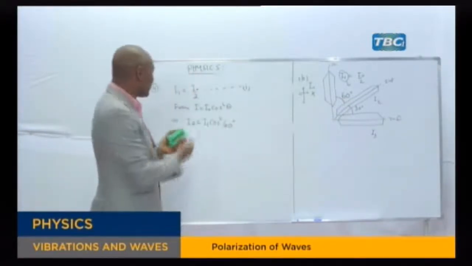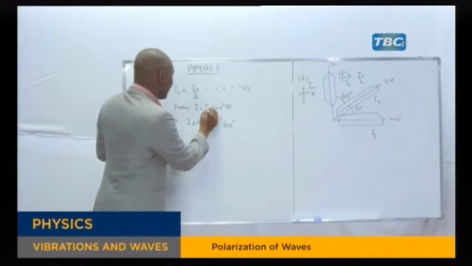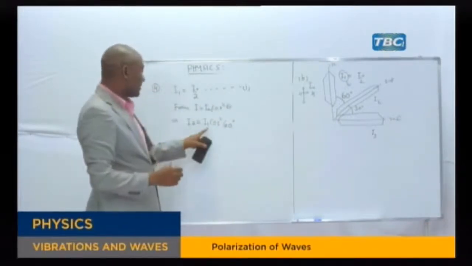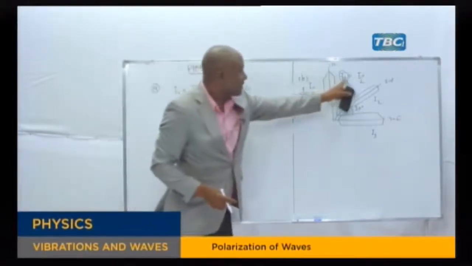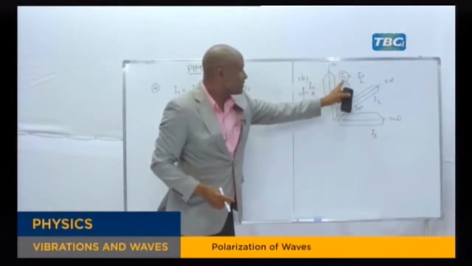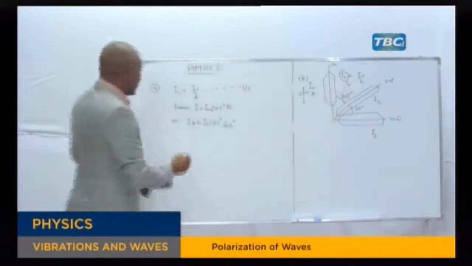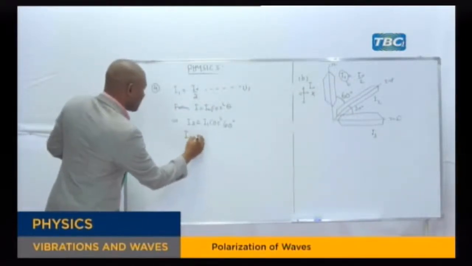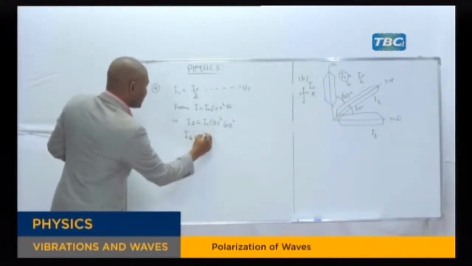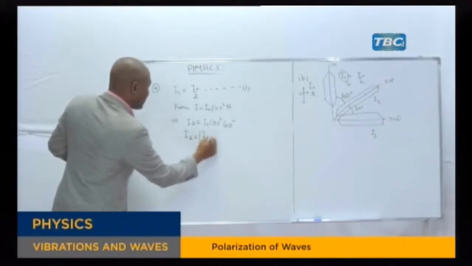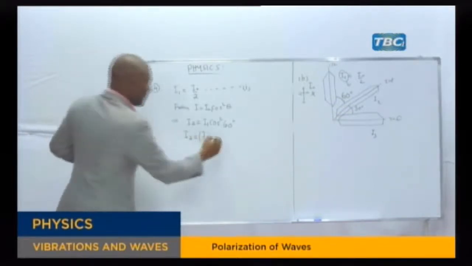Sometimes you can call it the maximum. Here, the maximum refers to the light intensity produced before coming here, so it is I1. So we have I2 equals I1, which is I naught over 2, from equation number 1, times